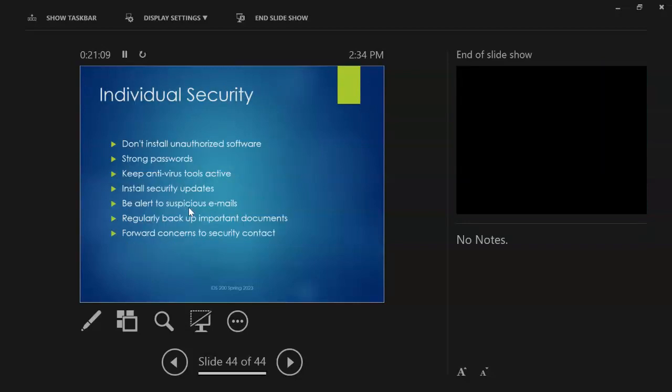Okay. Now, as far as individual security, what you can do as an employee and not torpedo your career in the first couple months of being on the job. Number one, don't install unauthorized software, right? If they say don't do it, then don't do it. Keep your passwords strong. Keep your antivirus tools active. Don't shut them off to make stuff work faster. And when you get security updates, set as the default setting, install them immediately,